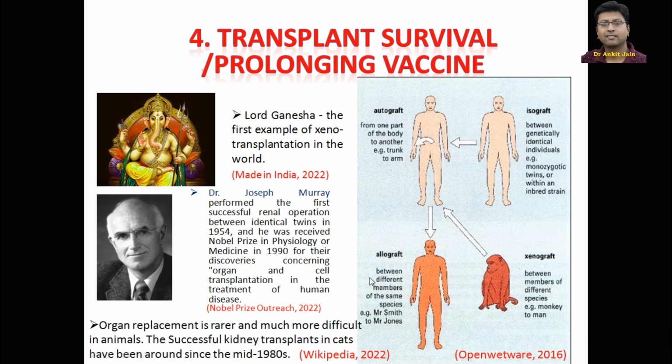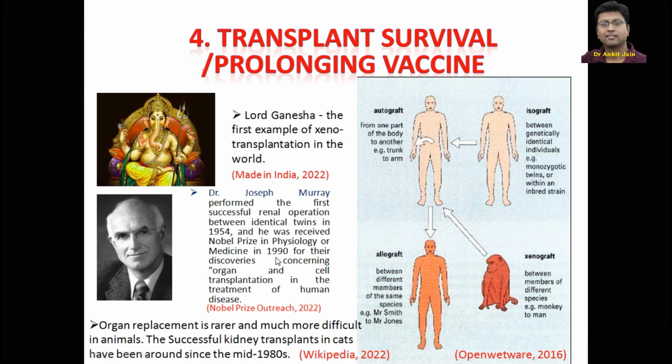Now comes to the transplant survival and prolonging vaccine. So first comes the history. Lord Ganesha, in Hindu mythology, is the first successful xenotransplantation in the world. Now the first successful renal transplantation was done by Joseph Murray, and he got the Nobel Prize in